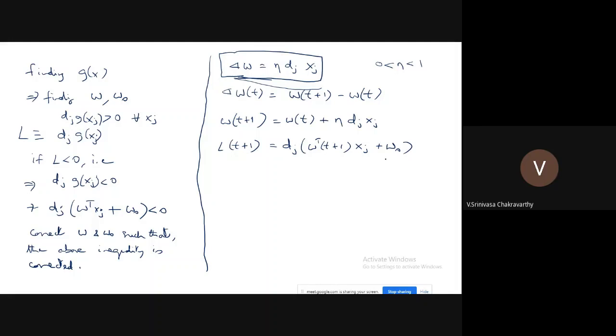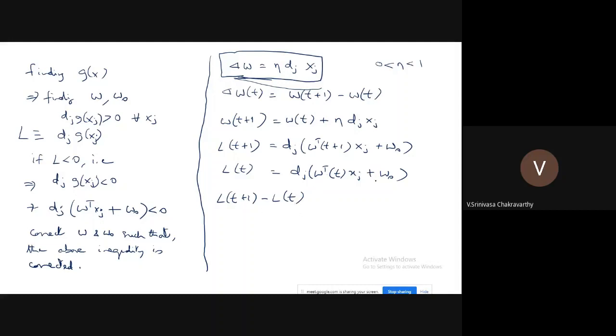So only w of t plus 1 occurs on the right side. So similarly, L of t is equal to dj times w transpose at t times xj plus w naught. So therefore, if you take L of t plus 1 minus L of t, and subtract these two,